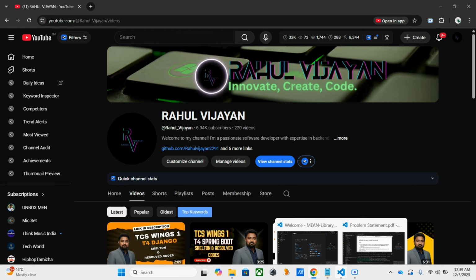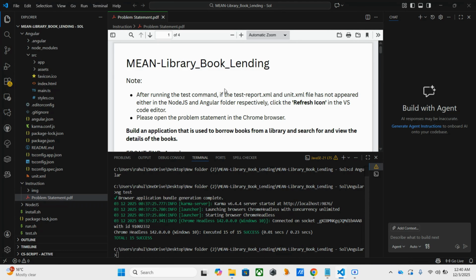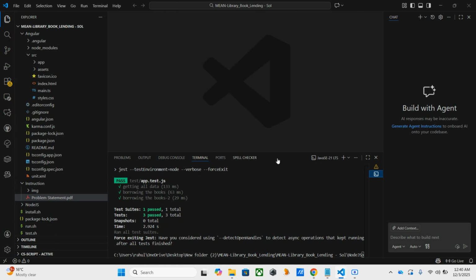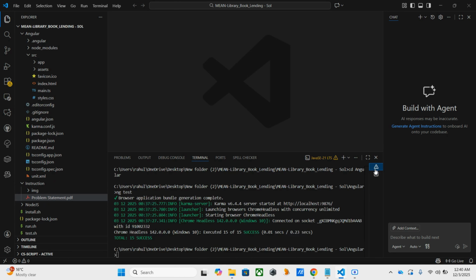I will just show you. This is the question: MEAN library book lending application. Everything is given. I didn't add any screenshots, so I just mentioned it. In Angular, we have 15 test cases, and in Node.js, we have 3 test cases. Okay, so these are the things regarding Angular. Also,